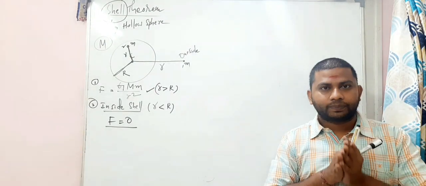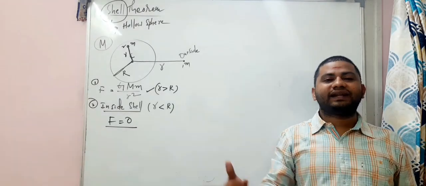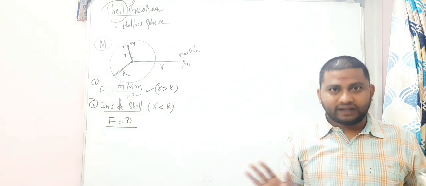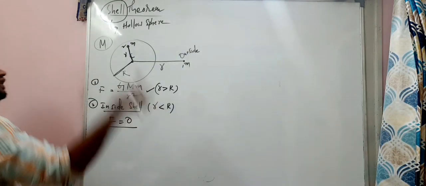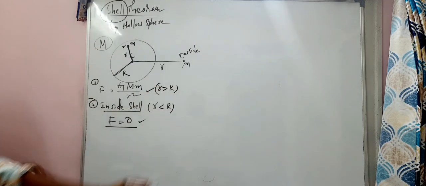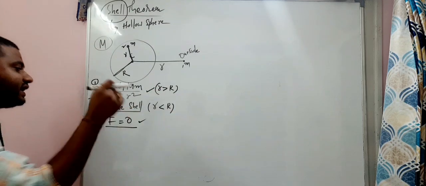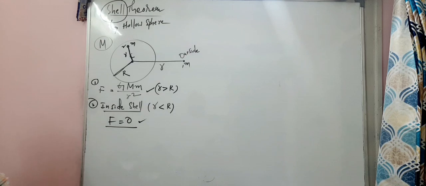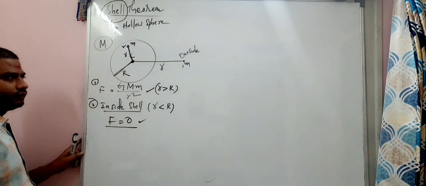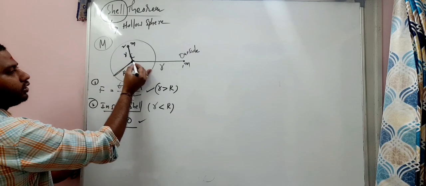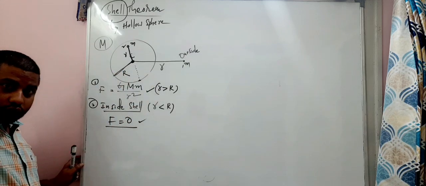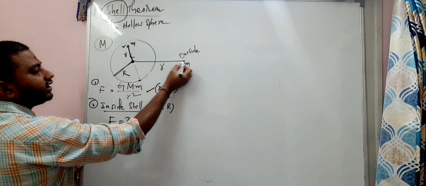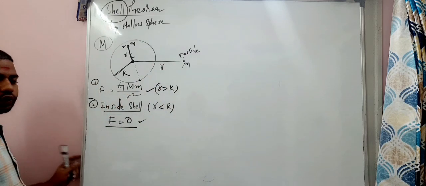That is the shell theorem. Why is it zero? There is a lot of story behind that. It's not required for you right now. When the time comes, definitely we'll discuss. So that is the situation inside the shell, even at the center: the force of interaction between the shell mass and the small mass is zero. Okay? Clear? Now, from the center, when you're coming out of the shell, from here to here, the force is zero only. And from here, the force is equal to GMm by r square.